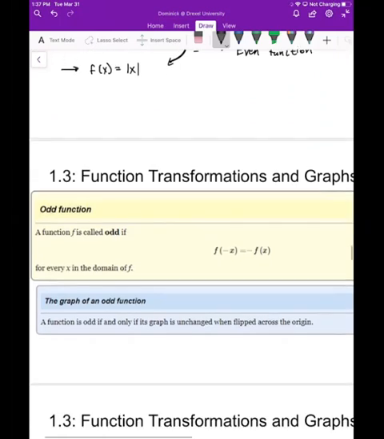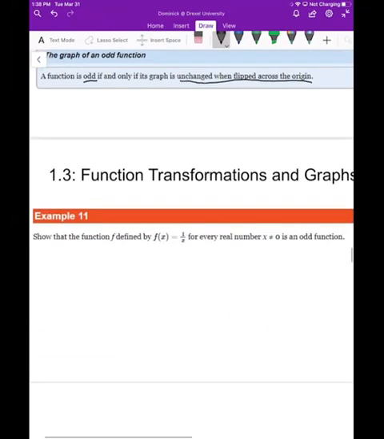All right. And then on the other hand, we have that a function is odd if the negative essentially comes out front. All right. And this means that a function is odd if it's unchanged when you flip it across the origin, or you can think of it as when you flip it across both axes. All right. So we're going to show that if we have f of x is 1 over x,